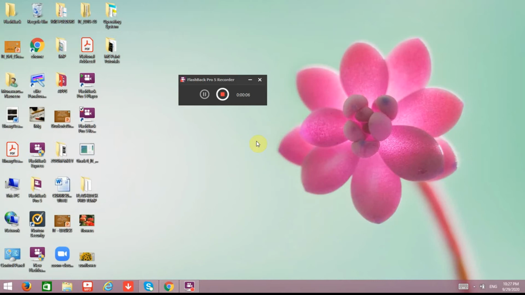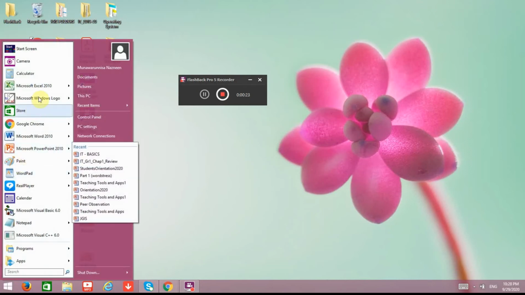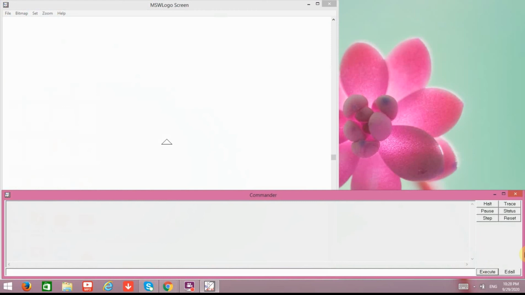I'm your IT teacher, and today I'm going to teach you how to work with MSW Logo. Today we are going to learn how to draw shapes using MSW Logo. So simply we are going to go to the start menu, click start, go for MSW Logo, and